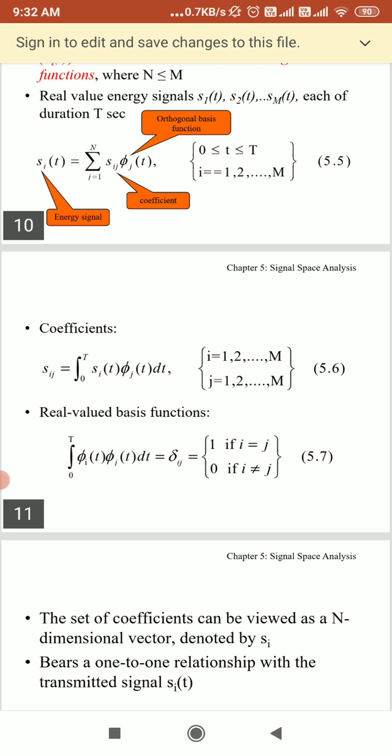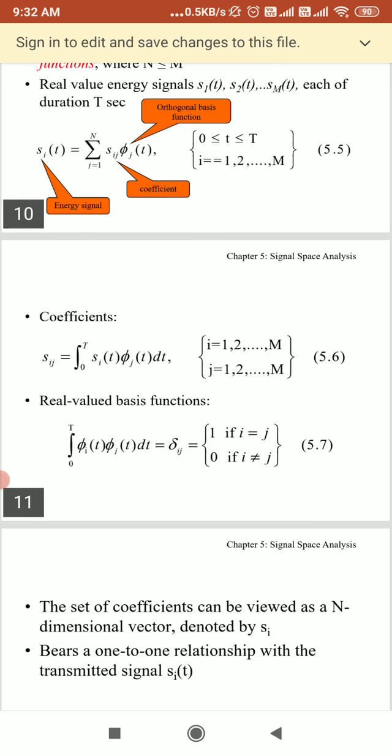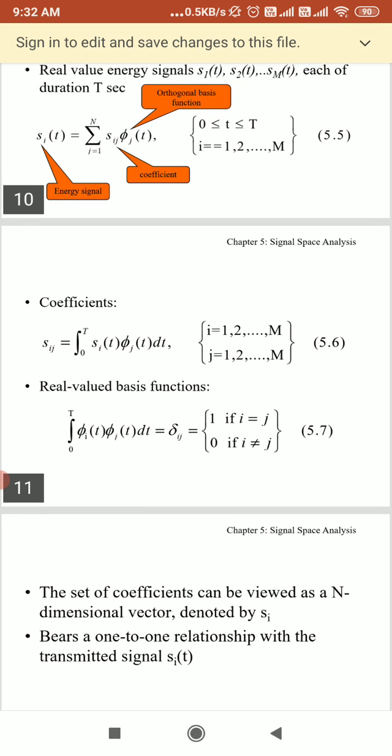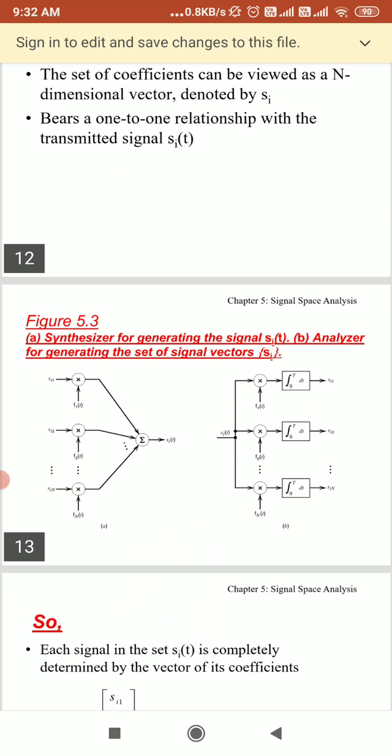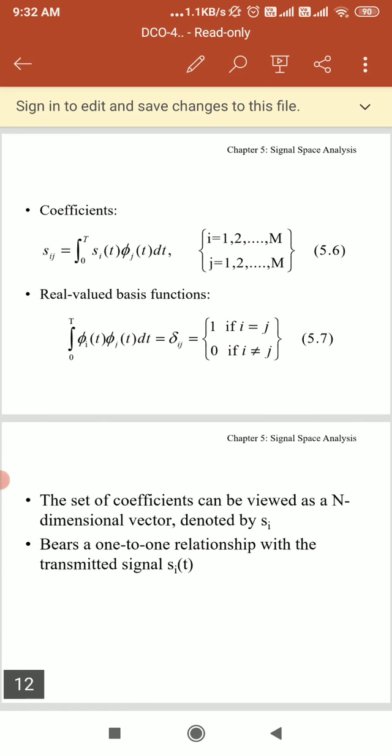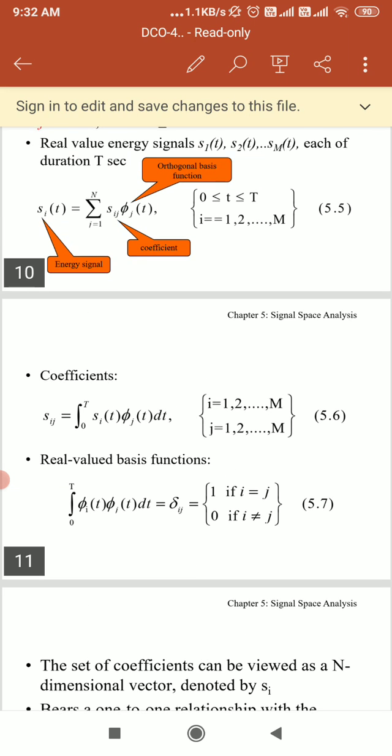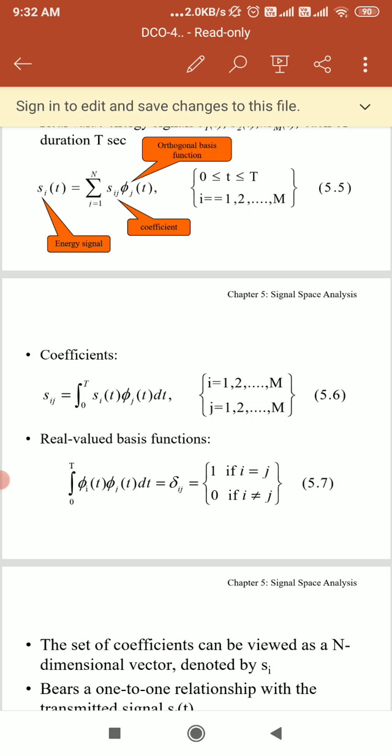Here we can say you will get the coefficient Sij, that is equal to the integration from 0 to T of Si of t phi j of t dt. So here we can say that as a